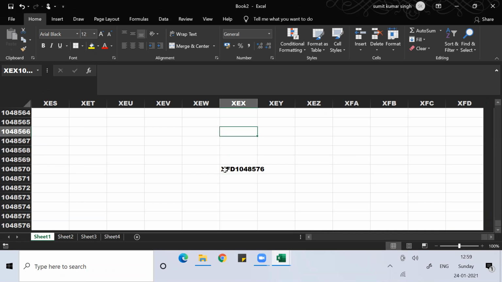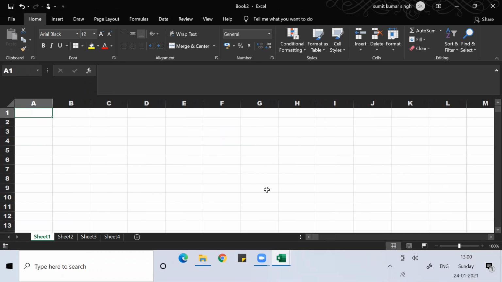So in Excel, when we are working in a sheet, we actually work inside a rectangular reference that is called a cell, and the address of the cell you can get from the address bar. This is the last cell in Excel. The last column is XFD. The last row is 10,48,576.